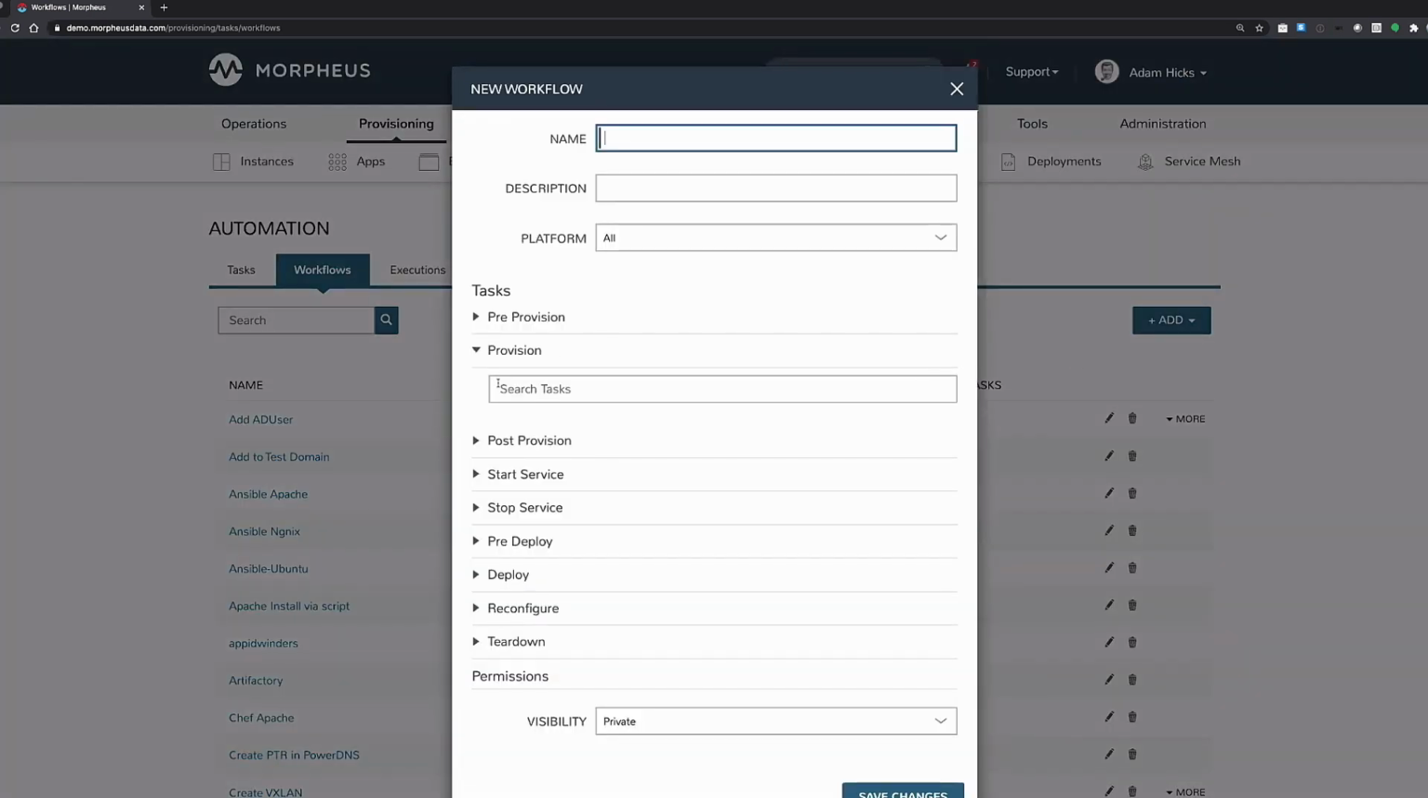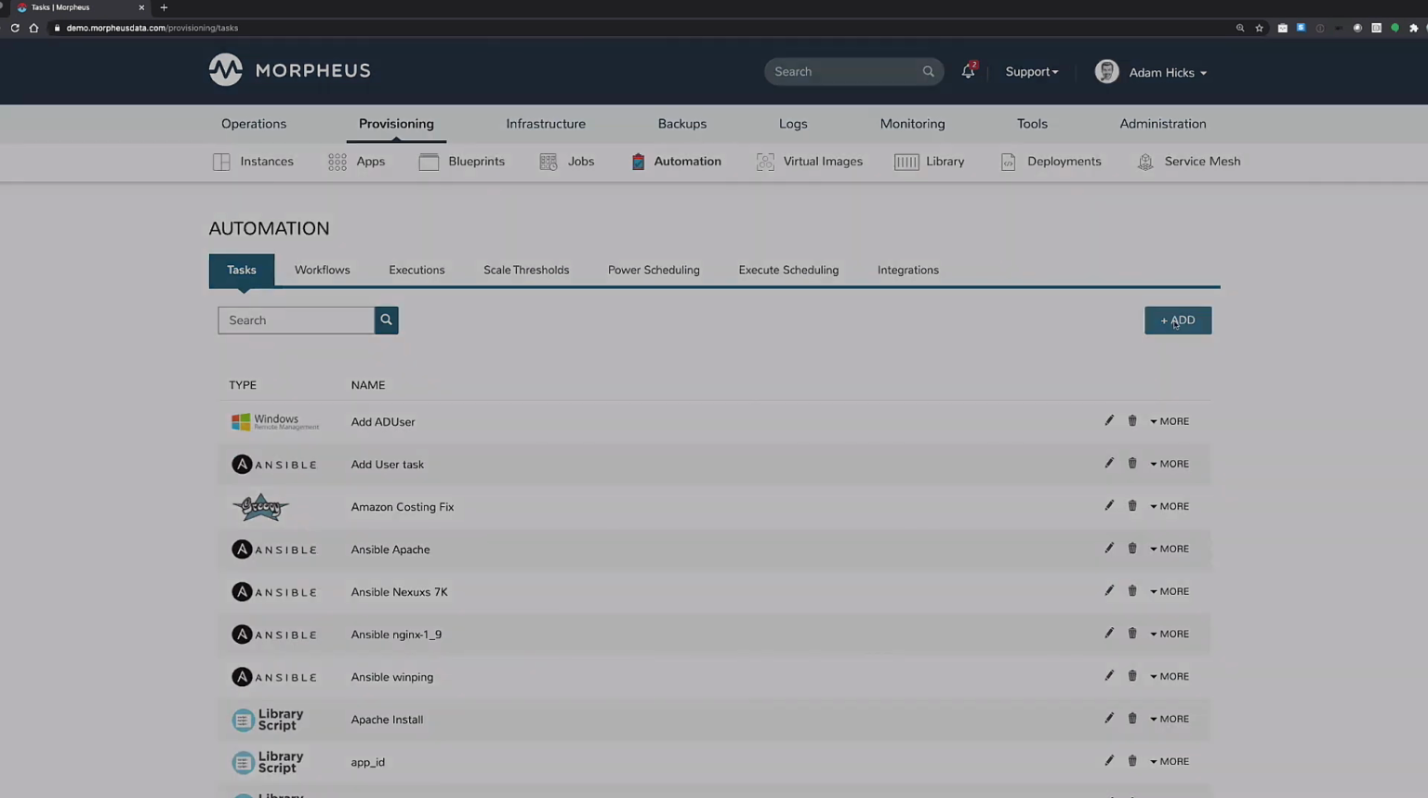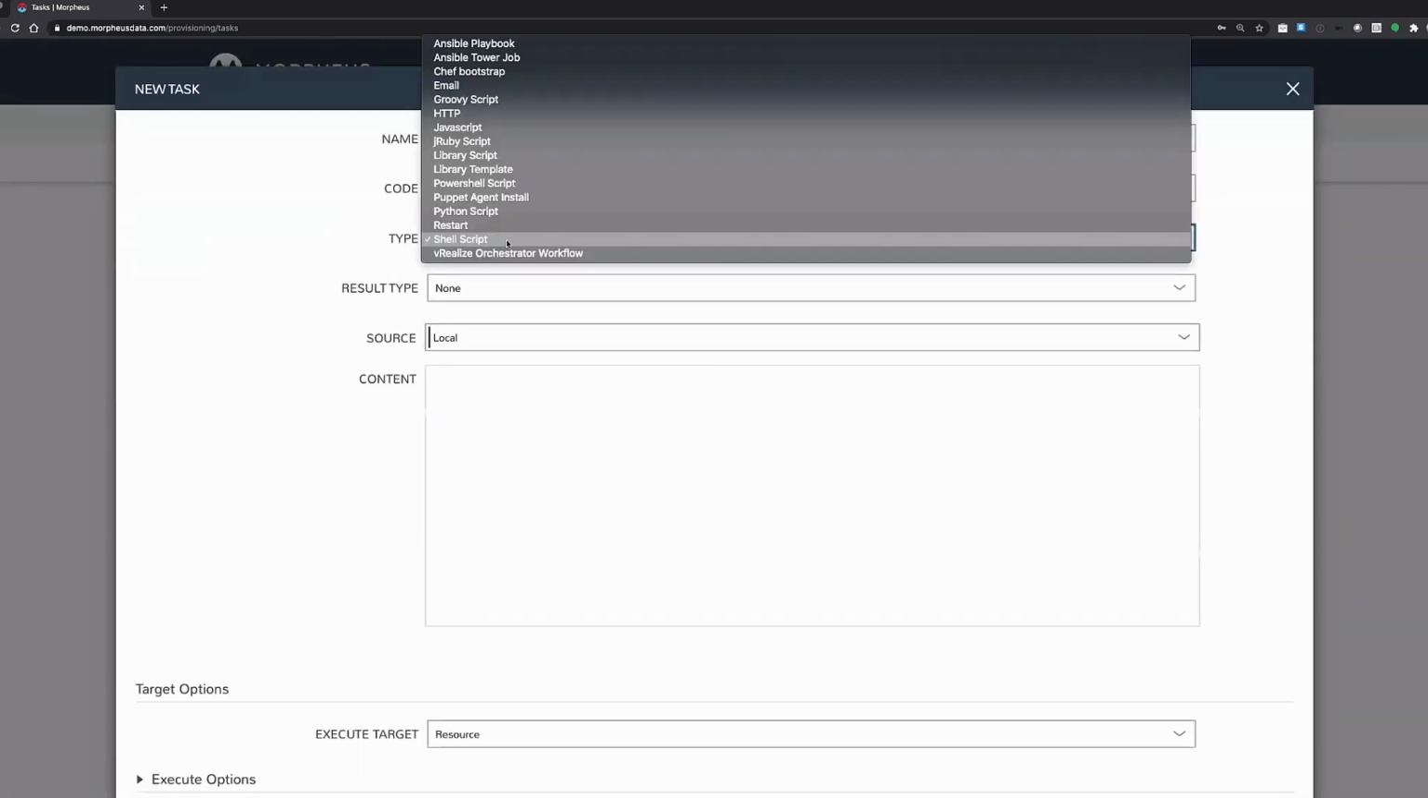Provisioning workflow allows me to run tasks at various events in the life cycle of an instance. It doesn't matter what the instance is. Now, what the task does may depend on what the instance is, but these lifecycle events are going to exist for all instances. Provision, you'll have a start service, stop service event that you can drive through the interface, deploy, reconfigure, and tear down. Tasks live over in this area, and if I open this wizard up, I see that I have a